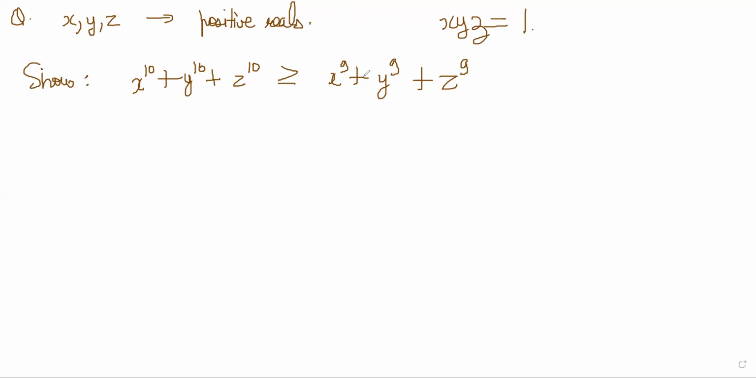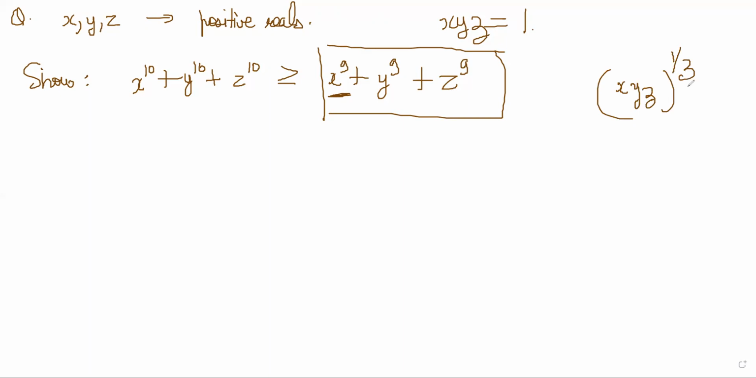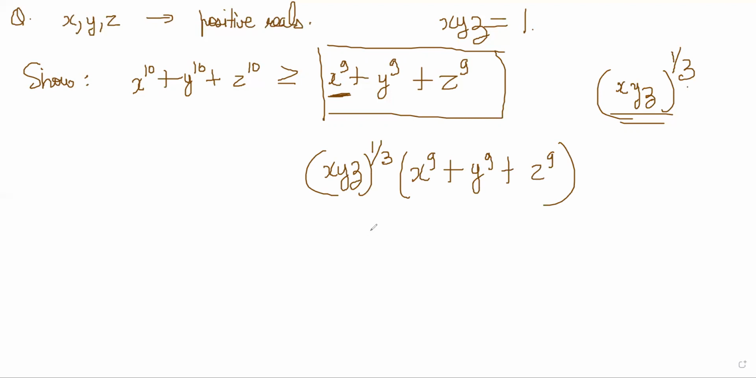So what we can do is multiply something here, something like xyz, right? If I multiply by xyz, each term here will have degree 12. So I want to multiply in such a way that it becomes degree 10. So I should multiply by xyz to the power 1 by 3. Why? Because if I multiply each term like this, xyz to the power 1 by 3 into x power 9 plus y power 9 plus z power 9, then you will realize that this becomes x power 9 plus 1